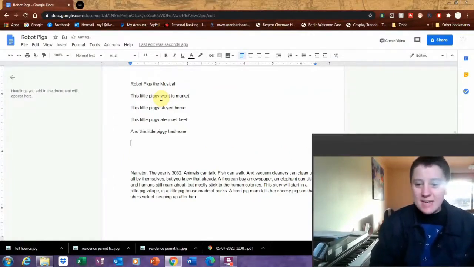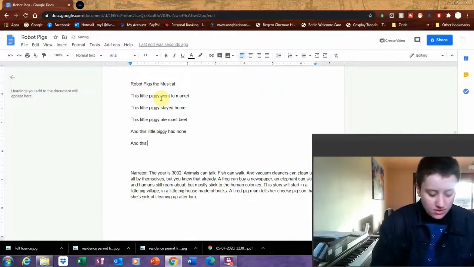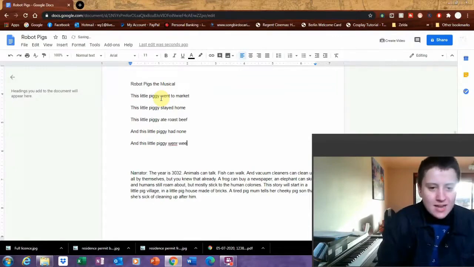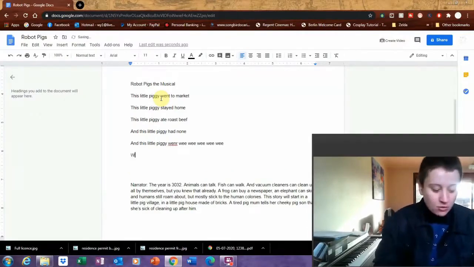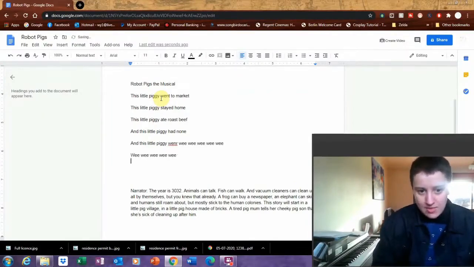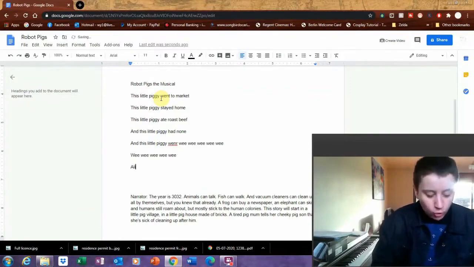And then our main character pig jumps out. And he says, and this little piggy went wee, wee, wee, wee, wee. And then I think the chorus will echo and go wee, wee, wee, wee, wee. And then we'll go back to main pig all the way